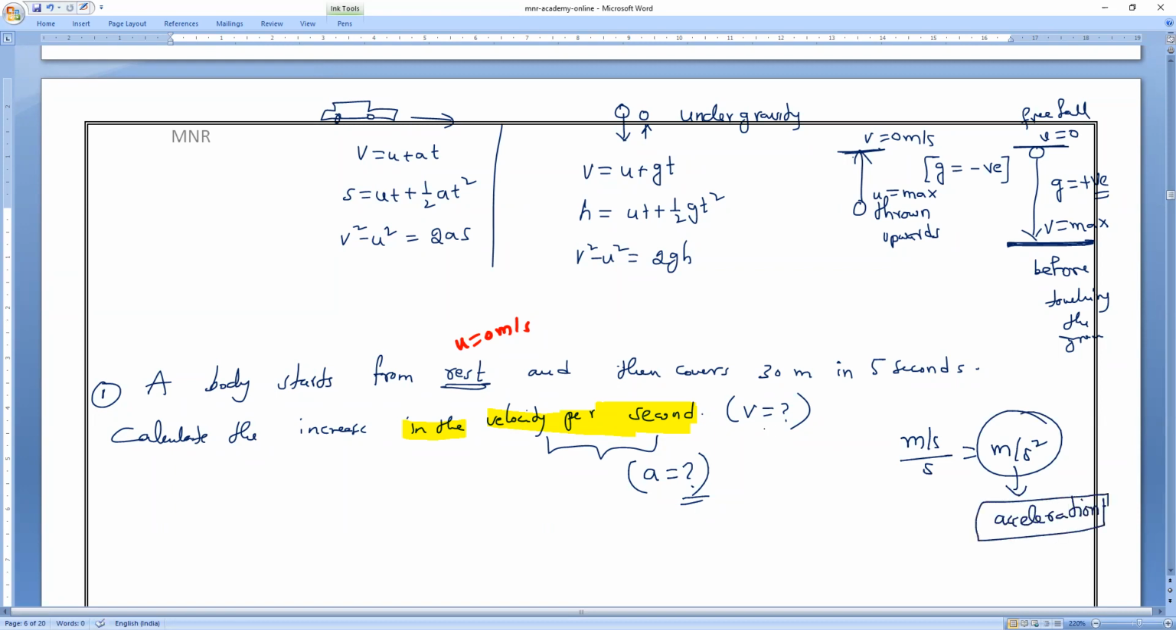So in this question, we have to find the final velocity as well as, next, what do we have to do? We have to find the acceleration. But here for finding the acceleration, is the final velocity necessary? Without final velocity, we can find